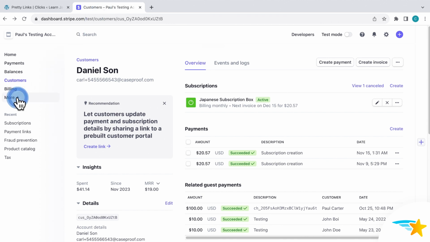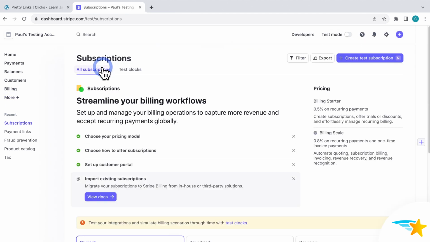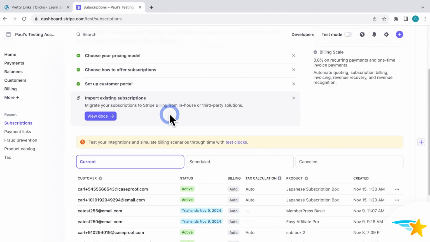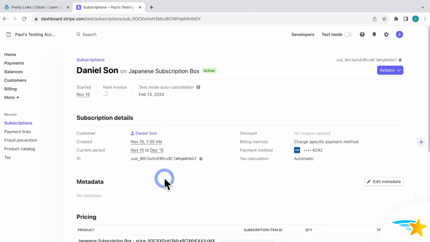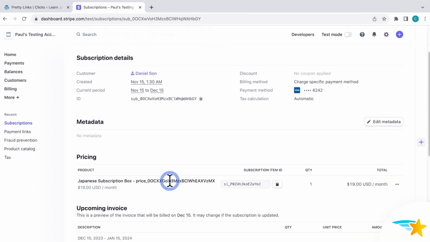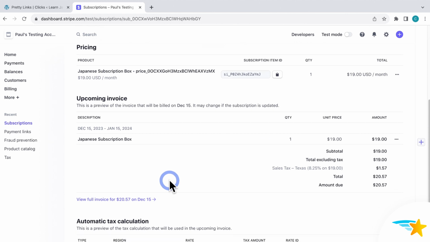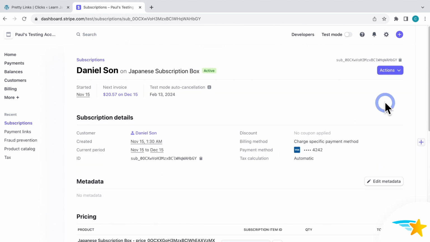So first, if I go to More right here on the left and Subscriptions, I can see my customer and the subscription box product that they're subscribed to. And if I click on them, I can see their payments, taxes, invoices, their next invoice date, and some other options here. And you can update the subscription, cancel it, and see all kinds of other information here on this page for